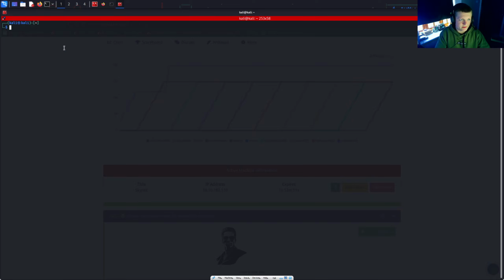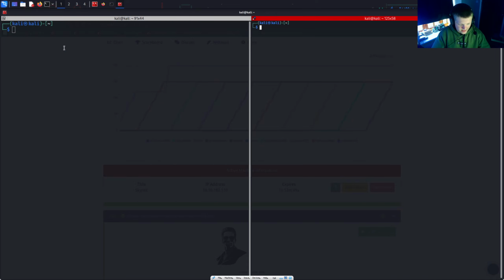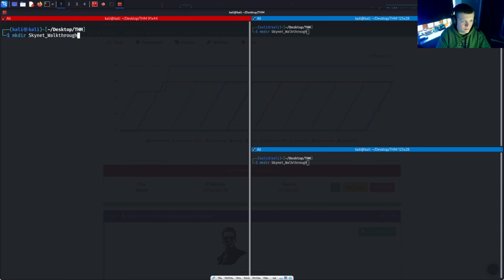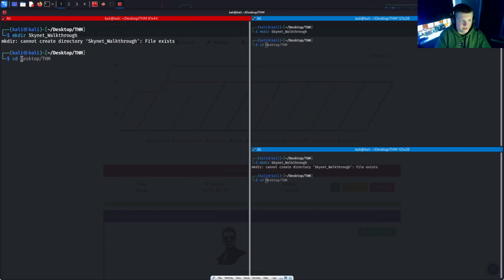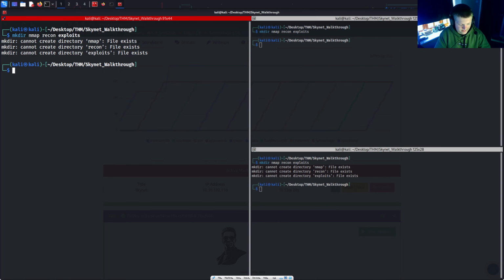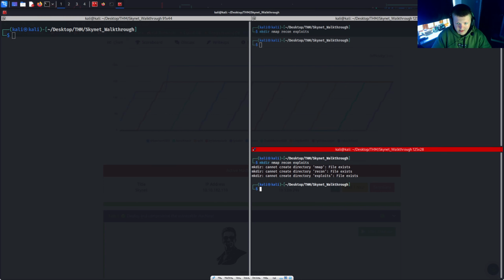So I'm going to zoom in a bit so we can see. I'm going to cd into desktop, TryHackMe. I'm going to make directory Skynet walkthrough, cd into Skynet walkthrough, and make directory nmap recon exploits, and there we go. I'm going to clear these up,